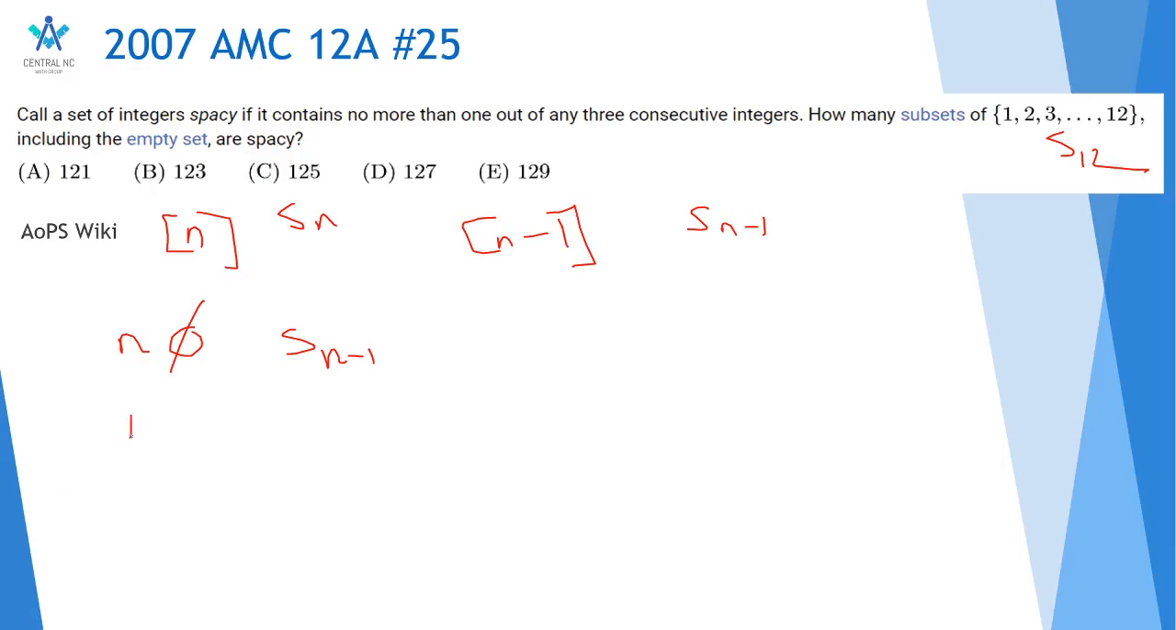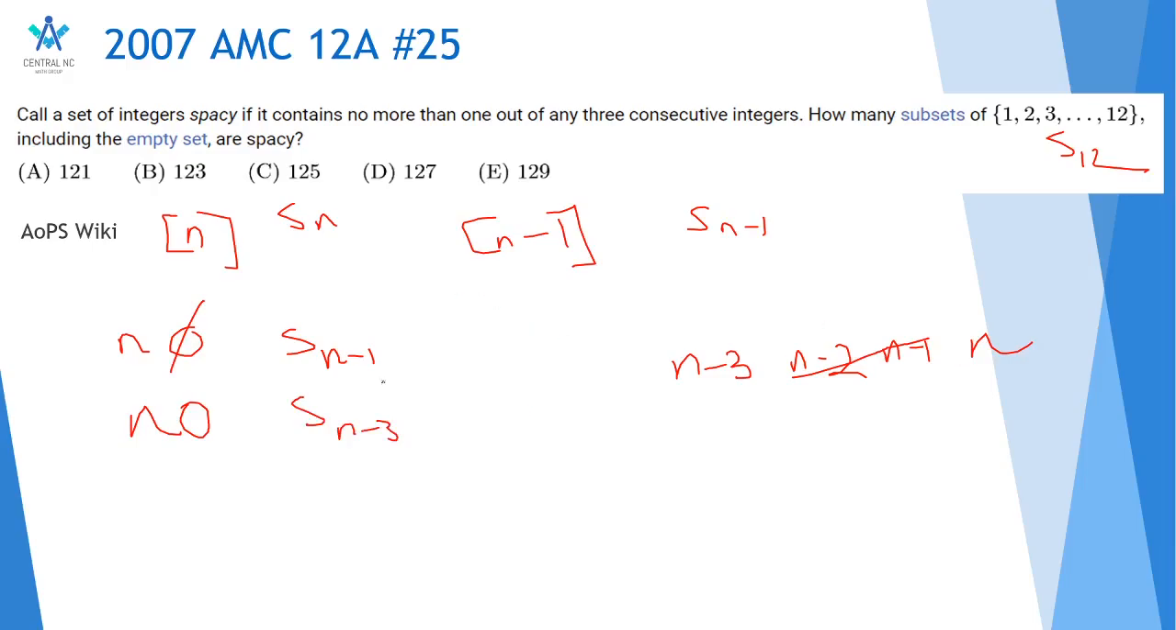If n is included, and that's the other case, and we've handled all cases if we can do that. If n is included, then you know that we have n here, and thus we can't include n minus 1, n minus 2, and so those are part of the 3 consecutive integers. So we only work with the spacey subsets of S of n minus 3, and we can tack on an n there. This is just S of n minus 3 plus the element n,